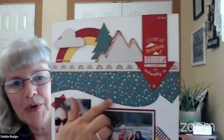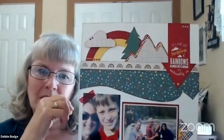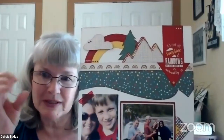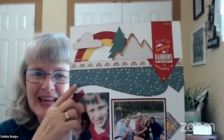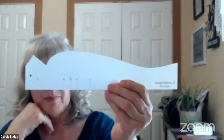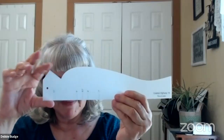Even this border paper that I decided to use with the dots had a feeling of, at least out here, after rain and then you get sun, you get flowers, so blooming flowers in the fields. And so it had that feel to me, and I really enjoyed using that. It came out better than I expected with the bright colors. I chose to use Coastal Highway for the border, just a simple border. I used both pieces, one on each side, but I liked this. This is what gave me the idea to maybe go with the mountain theme, and it worked well for the pictures. And then I also used elements for the tag